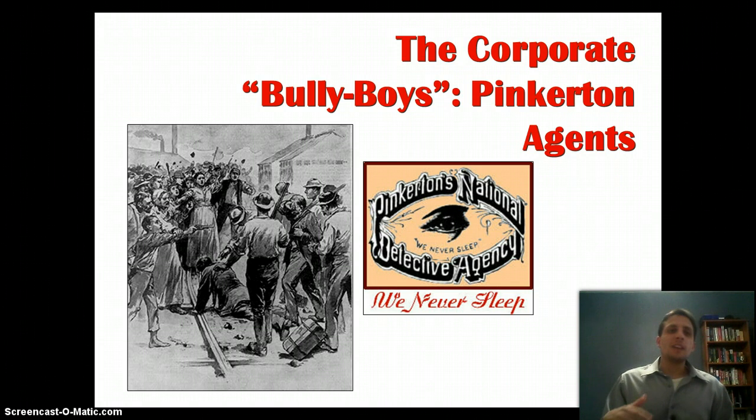What happened here is that Carnegie's right-hand man, a guy named Henry Clay Frick, is going to say, well, you know what? You can't collectively bargain your contract. What the union would do is one union representative would go and collectively bargain the contract for everybody, and then every union member would get the same exact contract. That's how it works in most unions.